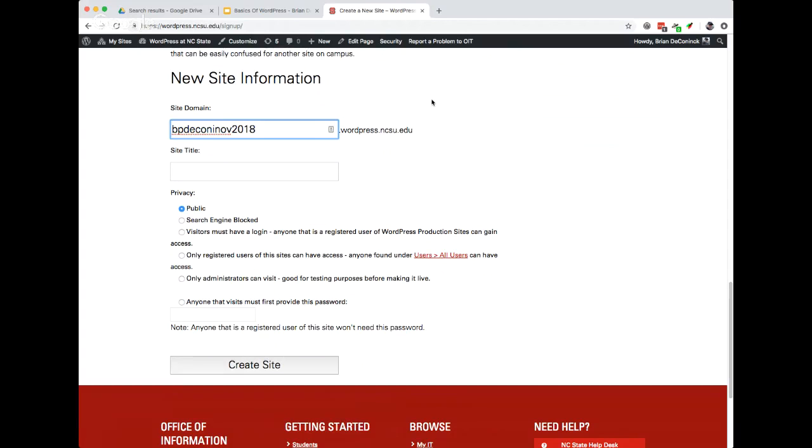Just for this field right here, this will be the URL for your website. Whatever you put in here, .wordpress.ncsu.edu, and whatever you put in here needs to be just lowercase letters and numbers and nothing else. So that first field, site domain, is going to be what people type into their browser to get to this